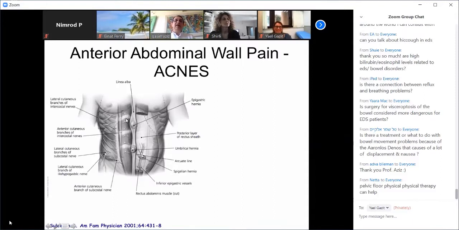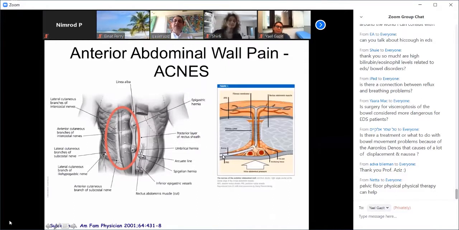But what we often forget is that there are these nerves. These white bits over here that you can see, these are all nerves coming through the muscle, as you can see over here. And you can get entrapment of nerves as they go through the muscle, because these nerves, this is the nerve, they go through a canal. It's a fibrous canal, and the nerves come out at right angles. There's an artery next to it as well. And you can get tightening of the nerves in this canal, and that can cause entrapment, and that causes very